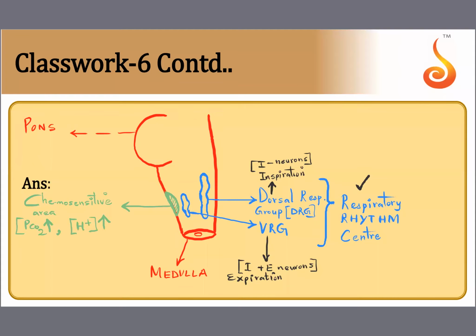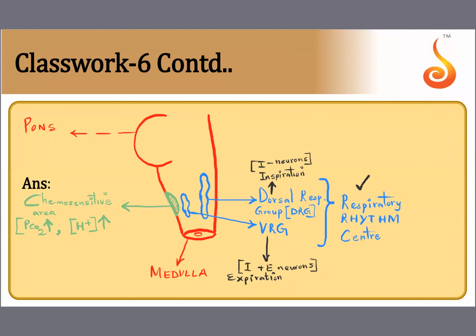And where does it monitor this CO2 and H plus levels, children? The CO2 and the H plus levels are mostly monitored in the blood. Yes, there's blood everywhere. In the brain also there is blood, obviously. And of course, there's lymph everywhere. There's tissue fluid everywhere. And you know, in the brain, you also have another fluid. In the cavities of your brain, you have another fluid called cerebrospinal fluid. So that fluid also helps. In that fluid also, it monitors the carbon dioxide and the H plus level. So the role of oxygen is very less actually. Your body is mostly sensitive to carbon dioxide and H plus levels.